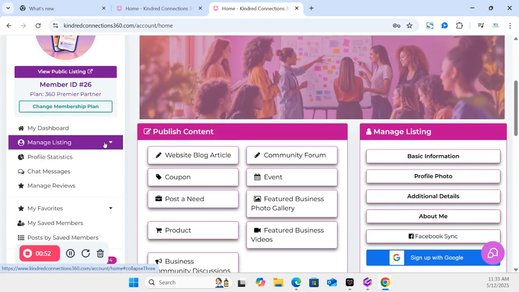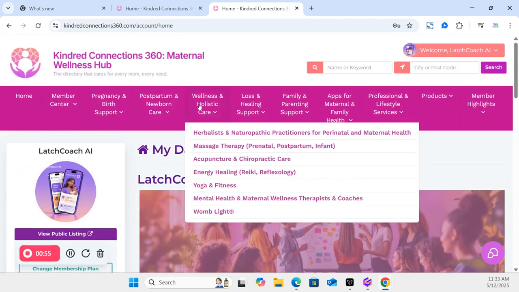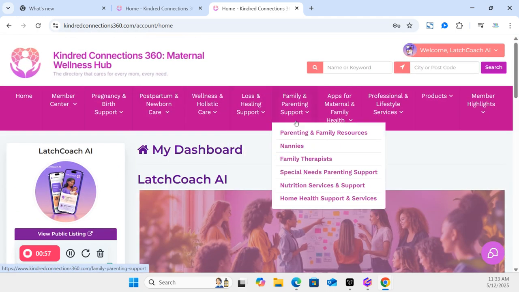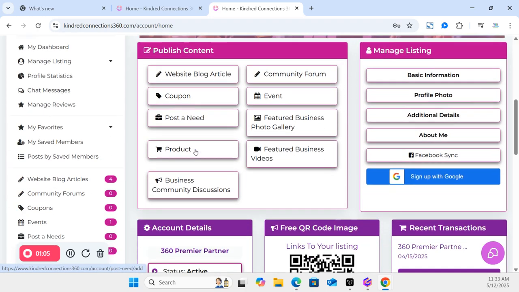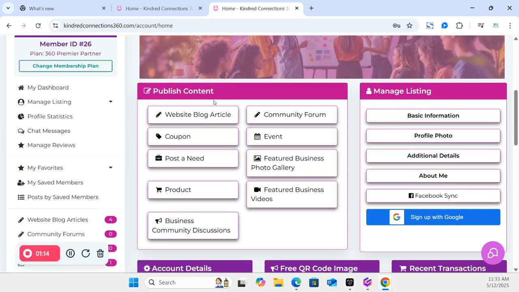We've got manage your listing, which means if you wanted to change your categories, obviously the paid plans have 5 and 10 category options depending on the level. You also have different types of content that you can post based on the plan, and it all is laid out for you here. For example, you've got published content. As a Premier partner, you can do website blog articles,